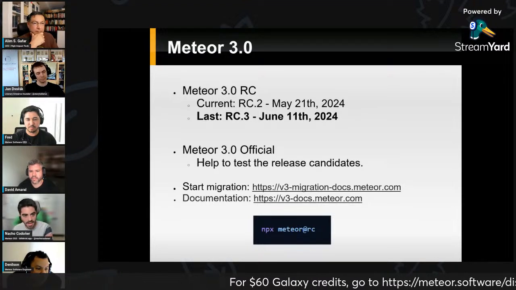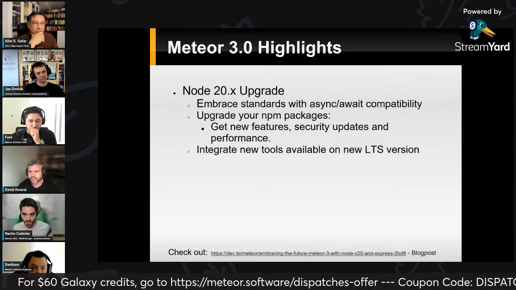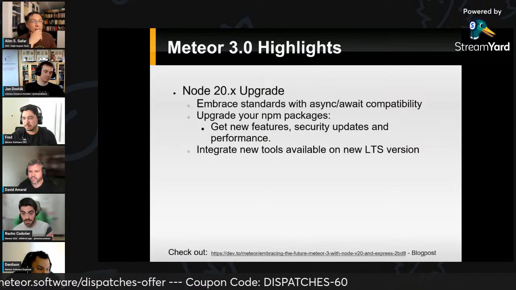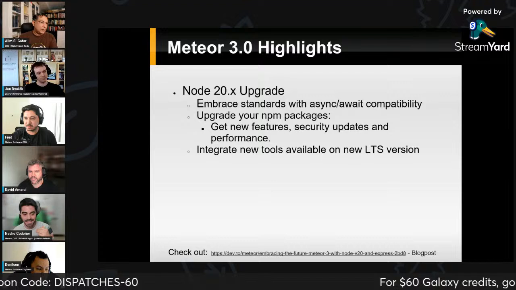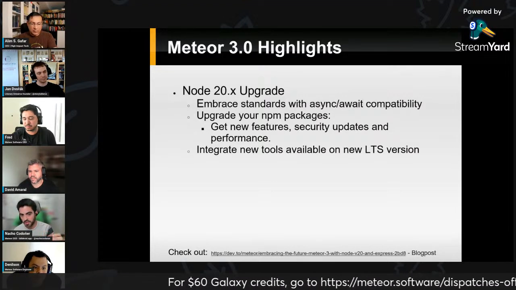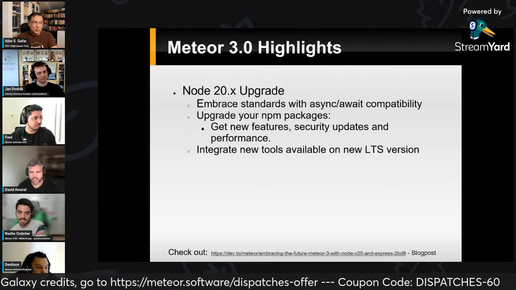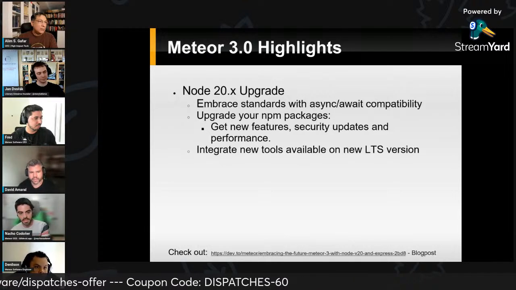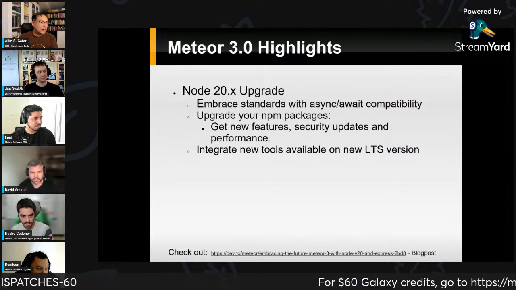So why start migrating your applications to Meteor 3? I think in our blog post we have already talked about that. The most important reason is that this upgrade gets us to the latest LTS version of Node, which is Node 20. This opens up a lot of features from Node itself, but we are also adopting standards. We are not using Fibers anymore, and we are using async/await, which matches perfectly with other tooling available in the JavaScript ecosystem.